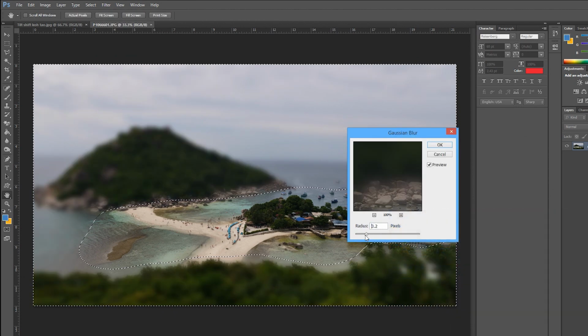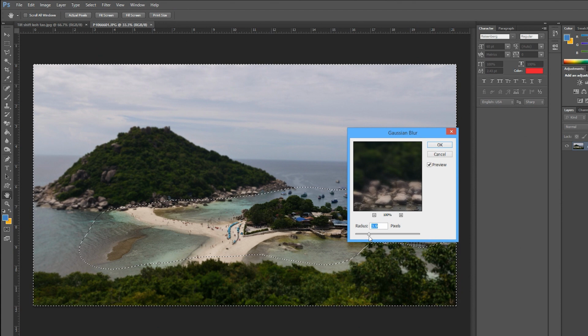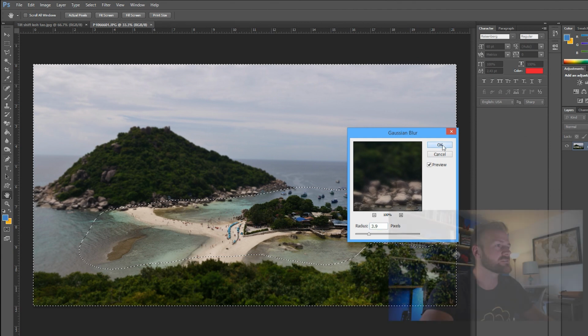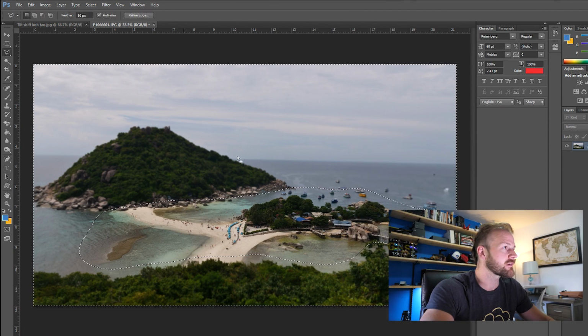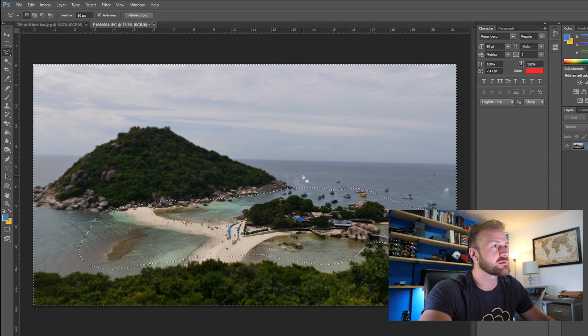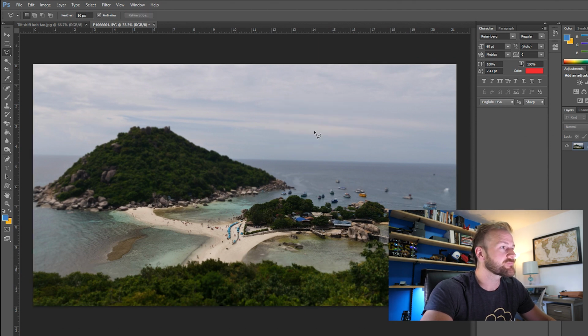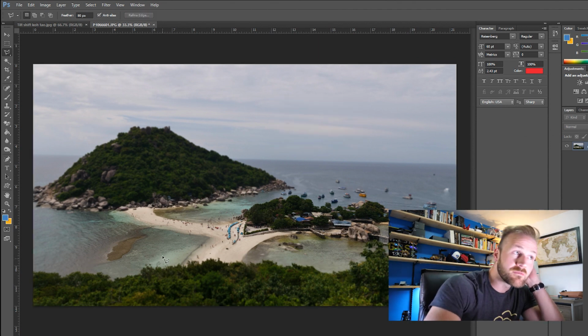So 19.6 is going to be way too aggressive right now. But give everything just a little more out of focus. So we'll start with about 3.9 pixels. Good, I can see the foreground and background blurring just the slightest. Now I can double click out of that and get into a little more detail on what I really want